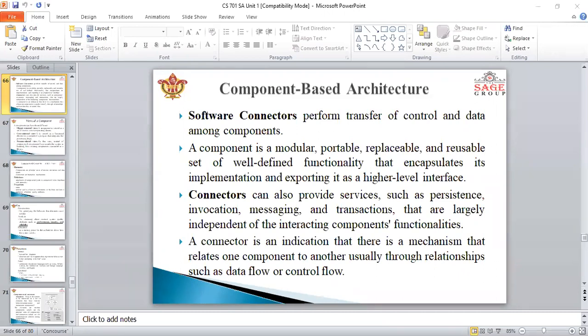The primary objective of component based architecture is to ensure component reusability, right? Component reusability means how to reuse that functionality and all kinds of components provided by the component based architecture.